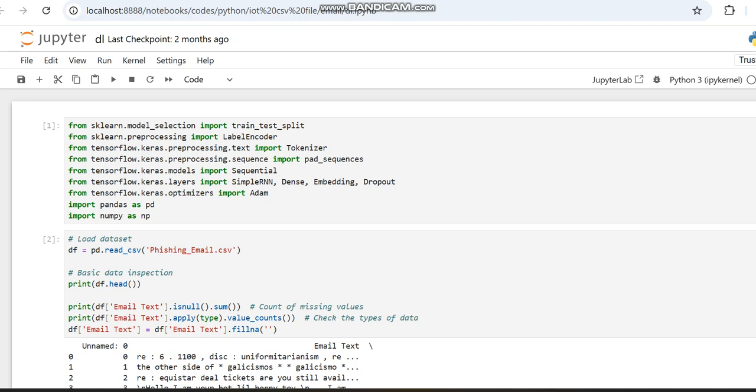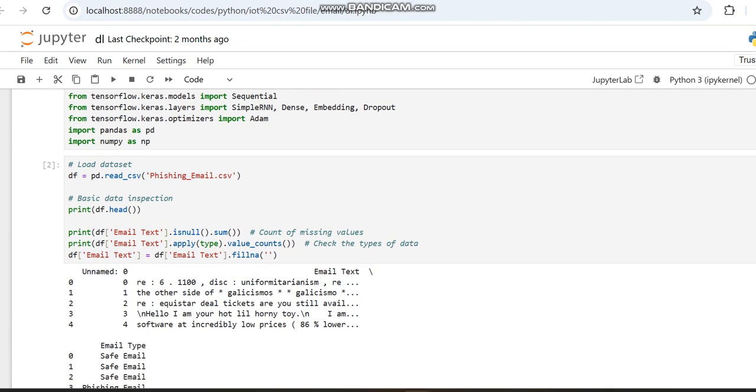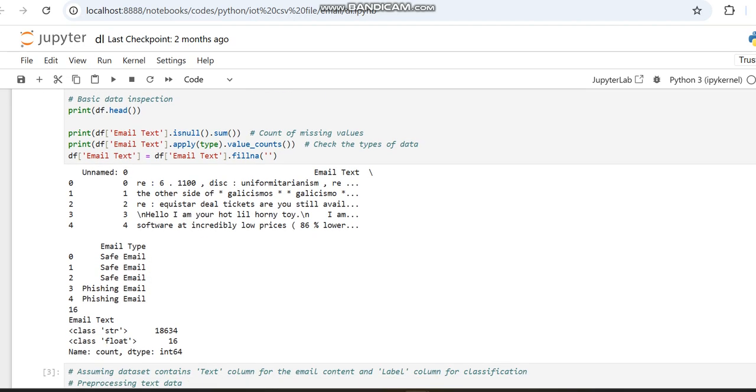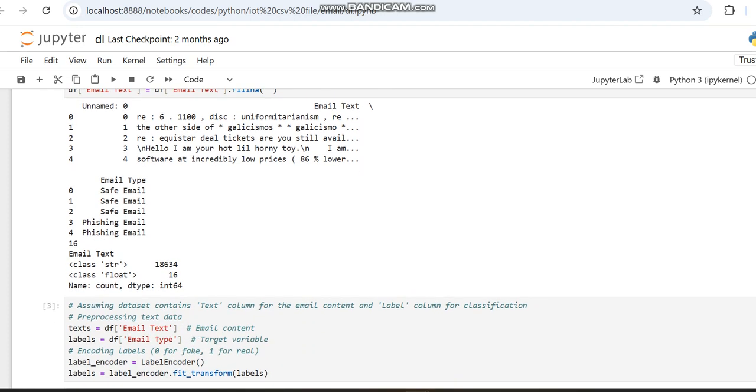Now we can move to the code description. First we are importing the libraries, then we are loading the data set which we are using. Our data set has some null entries, so we have to remove them. For that we are using the fillna function and we are reducing the null entries. Next we are pre-processing the text. Before that we are creating X label and Y label. The X label is given as text and Y label as labels only. Within the text we are calling the email text, and within the labels we are calling the email type